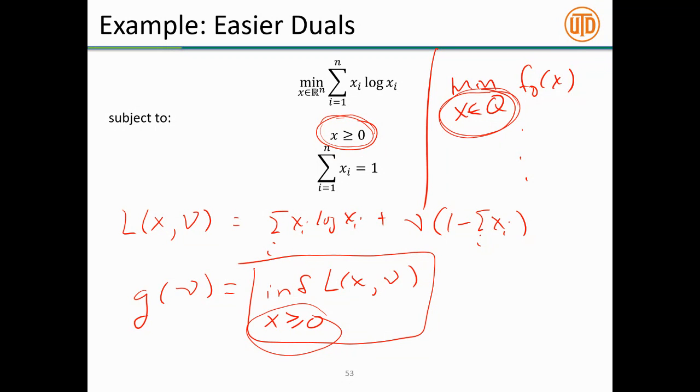So the book does lots and lots of examples too. If you wanted to see more and more examples of constructing dual optimization problems, chapter 5 in the book does lots of examples. The caveat, if you're going to read through the book, is that the book does much more complicated examples than what I did in class. So some of them might require you to put your linear algebra hat on and think quite deeply about how you construct some of those things.